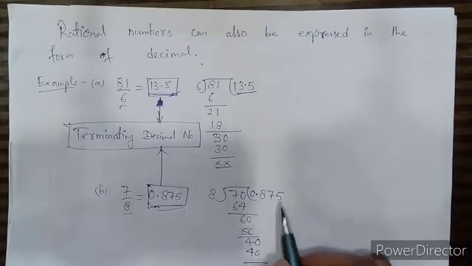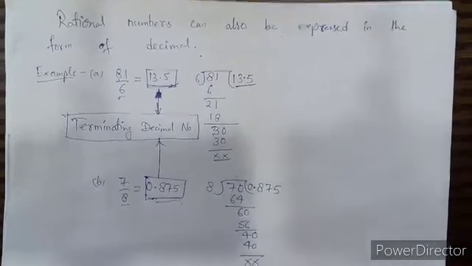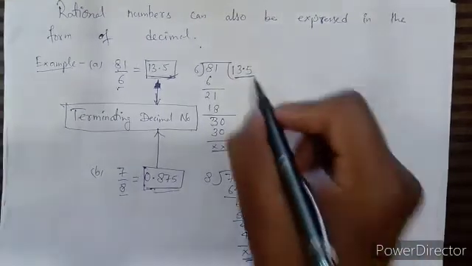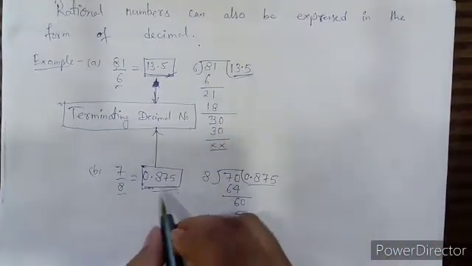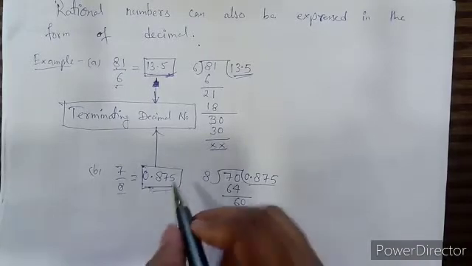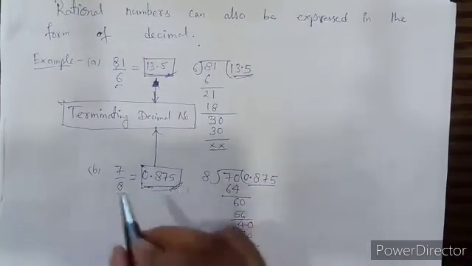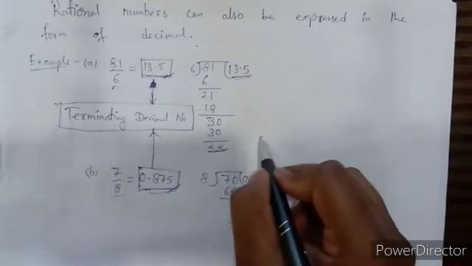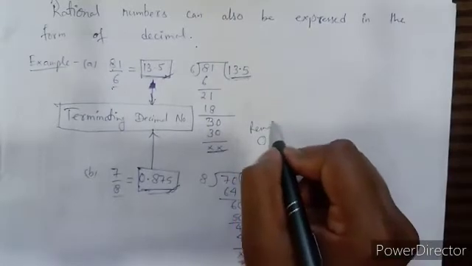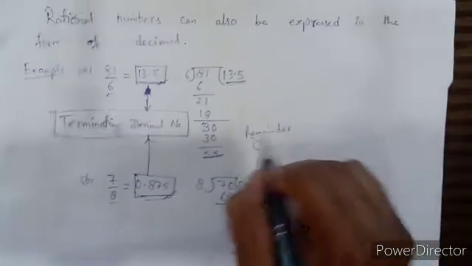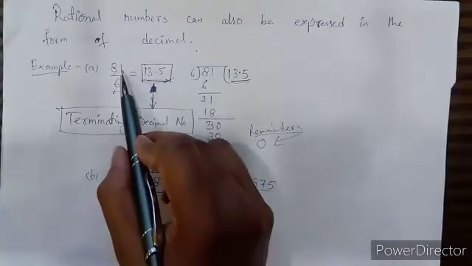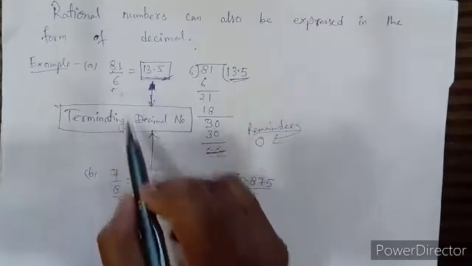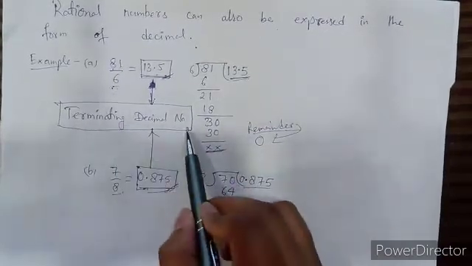After dividing, we can see that the remainder is also 0, and the quotient is written in the form of decimals. If the remainder is 0 after dividing a rational number,